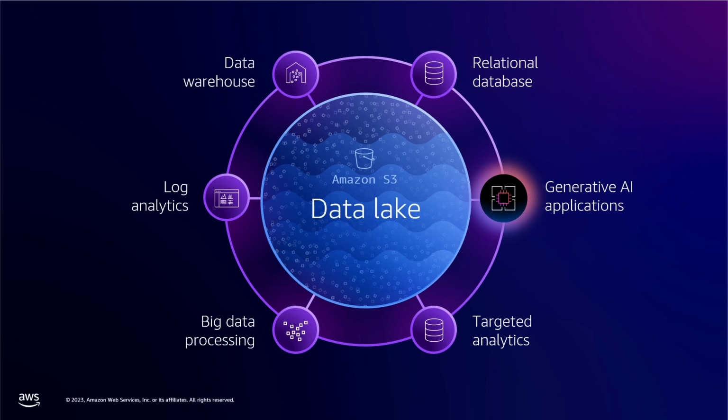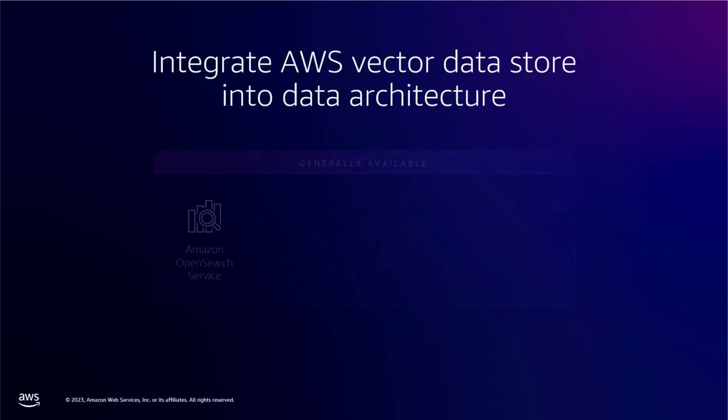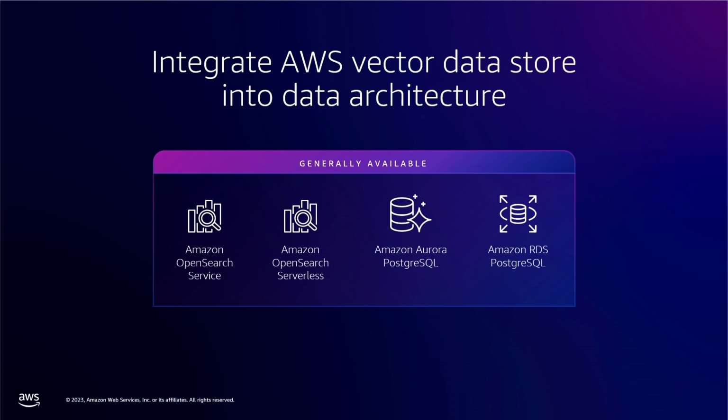Think of those generative AI applications as a new application type that sits on top of an existing data foundation. That means you want to plug in your existing data sources, like your S3 data lakes, and you want to use other data building blocks that you and your organization are already familiar with and using today in your data architecture. So I talked earlier about how important it is to keep the vector data up to date with the most recent data,